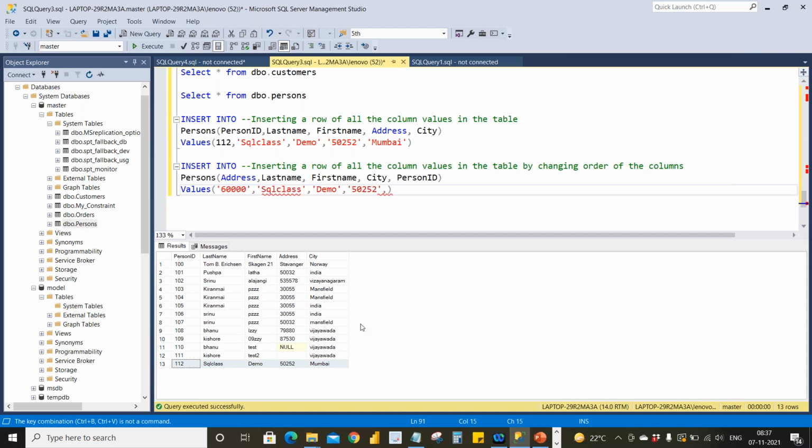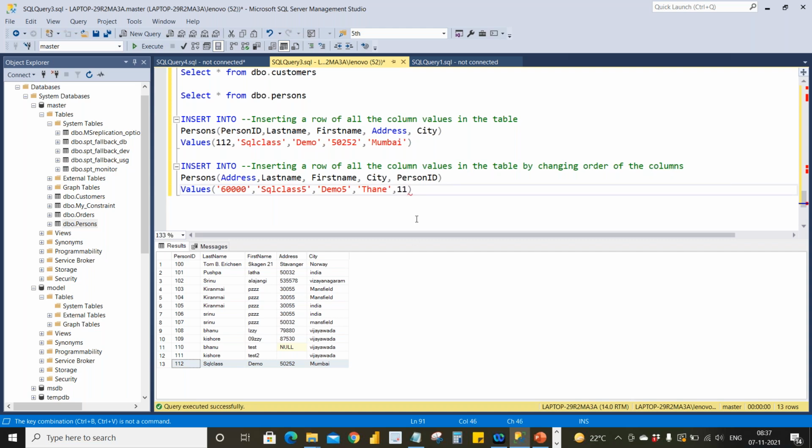6000, something like that. And last name being SQL class 5, and first name being demo 5, and city being Thane.